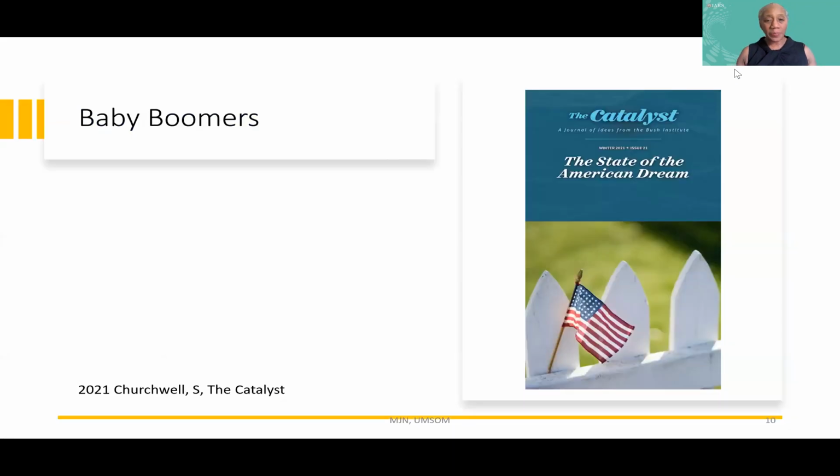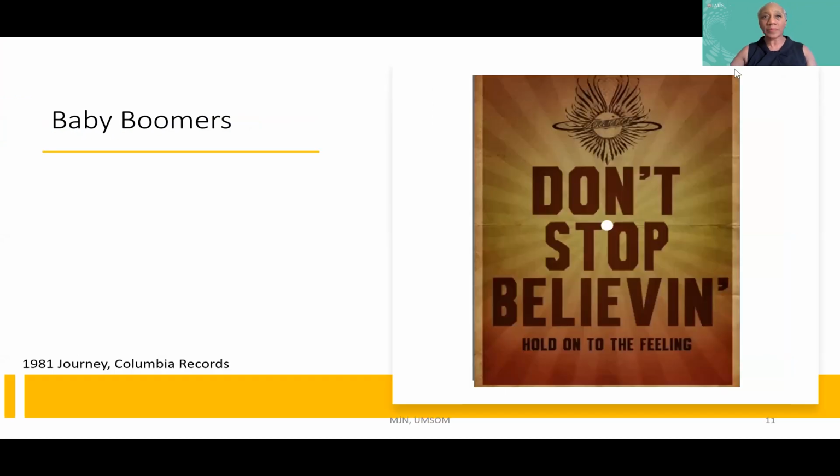The American dream was also prevalent, the belief that every citizen has an equal opportunity to achieve success and prosperity through hard work, determination, and initiative. And who can forget Don't Stop Believing, the message of optimism, positivity, and never giving up on dreams. These images and concepts highlight the sensibilities of the baby boomer generation.